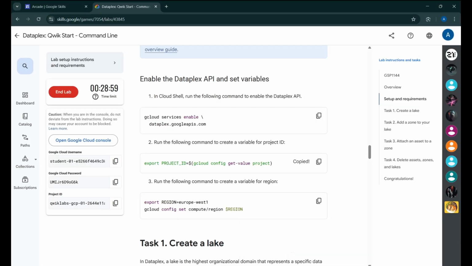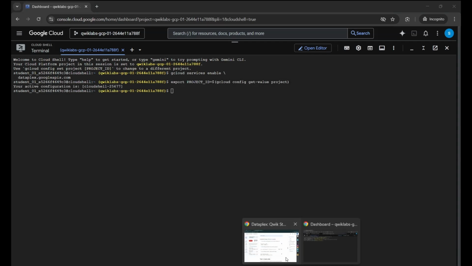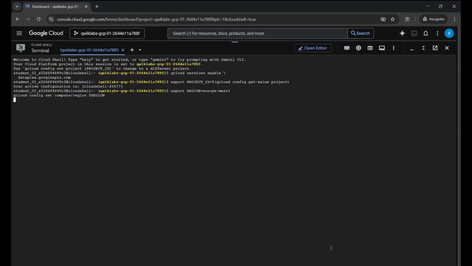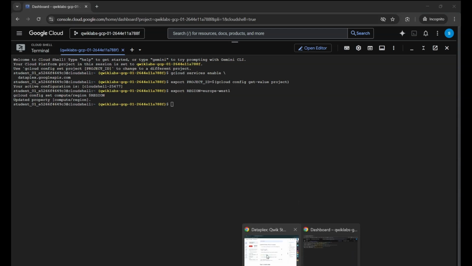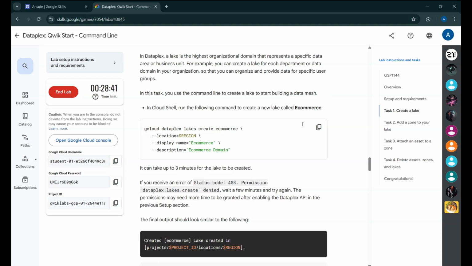देन इसके बाद हमें वापस आके यहाँ पे प्रोजेक्ट आईडी सेट करनी है एंड देन रीजन के लिए वेरिएबल बनाने के लिए हमें इस कमांड को रन करना है। आफ्टर दिस हम टास्क 1 पे आ जाएंगे, विच इज टू क्रिएट अ लेक फॉर विच वी हैव टू रन